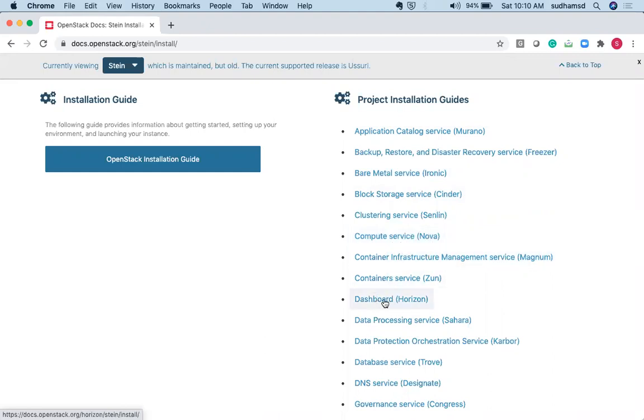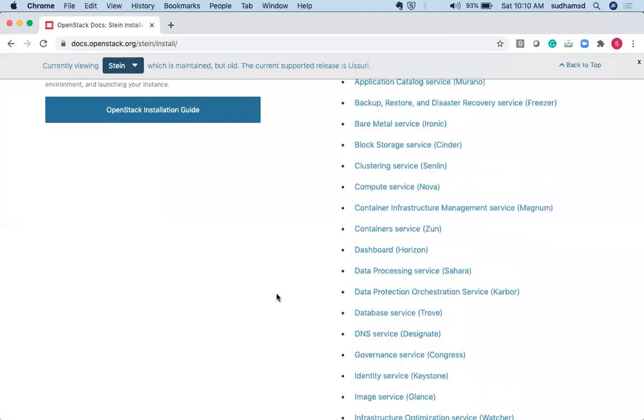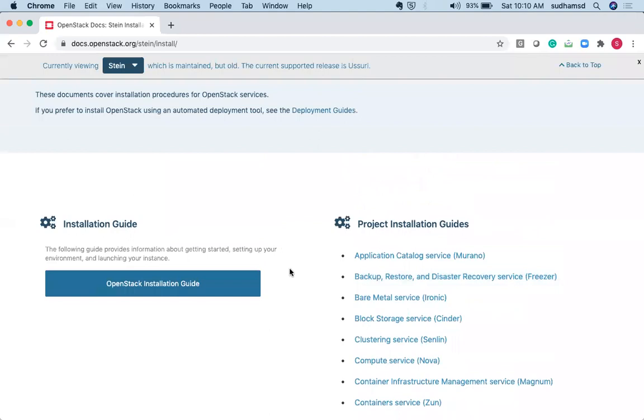Horizon is your OpenStack dashboard. For AWS we have its own dashboard, right? Similar to that. So every component, but it is not as popular as AWS because AWS provides a lot of services. OpenStack only provides a few services. But if you want to build your own cloud environment, then you have to go for this open source OpenStack.